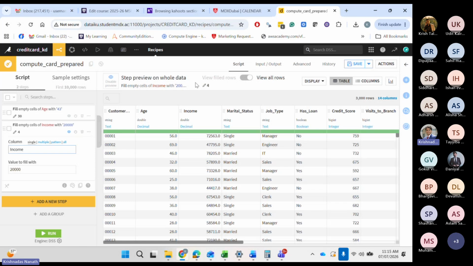Ideally, you should spend time. And in fact, people form categories here also. So they would say, okay, where are these missing values coming from? What job type is it? What age is it? So for a certain age, they would check, okay, what is the average income and fill that as the remaining value. So that's the kind of research and brilliant thinking.